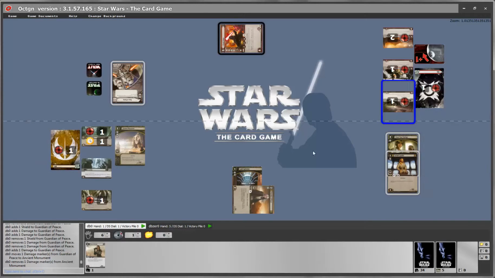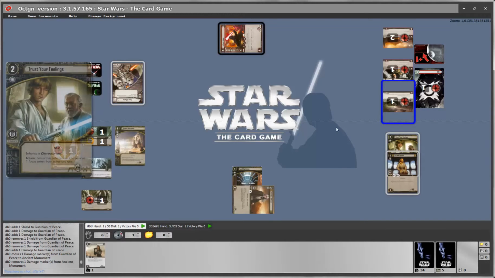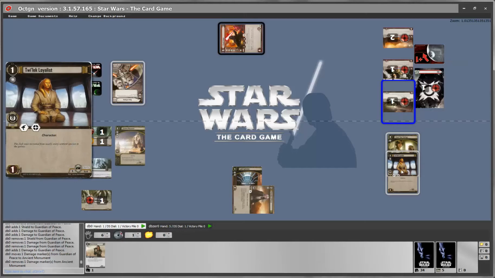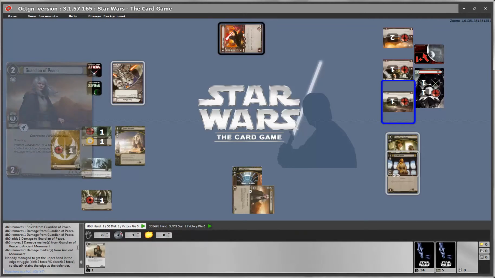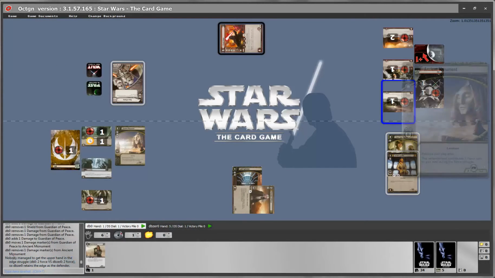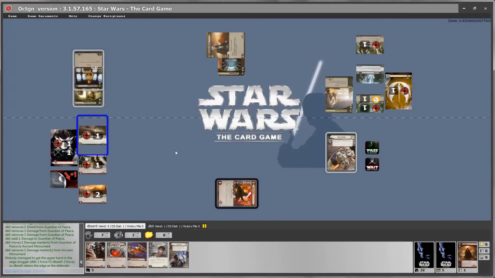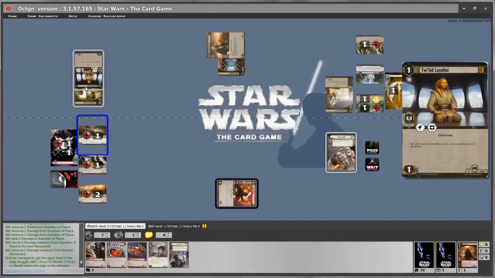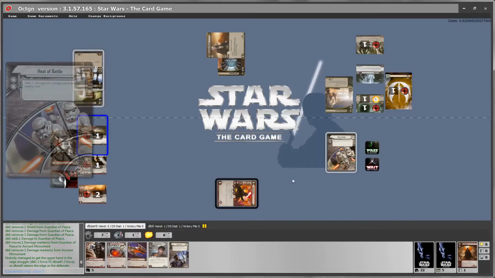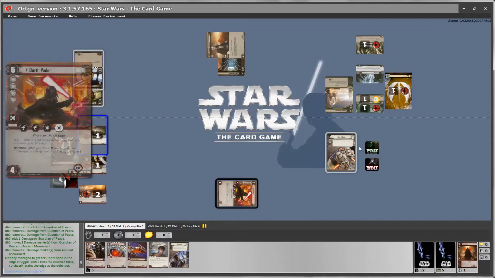Fate action is done, it's time to calculate the edge. To calculate the edge, one of the players simply needs to double click on their fate cards on the table. So the light side player double clicks on their card and the game announces who won. Nobody has managed to get the upper hand on the edge, so DB0 retains the edge as the defender. So the dark side player has exactly the same edge as the attacker, but because they are the defender, they have the advantage and they keep the edge.